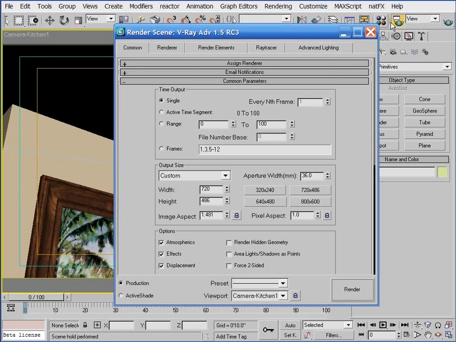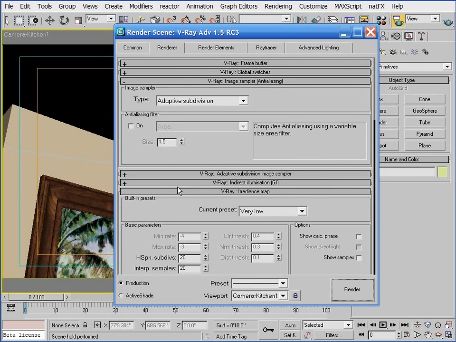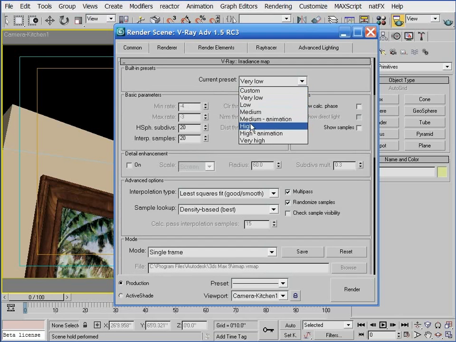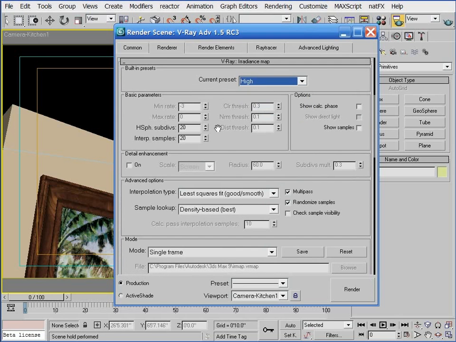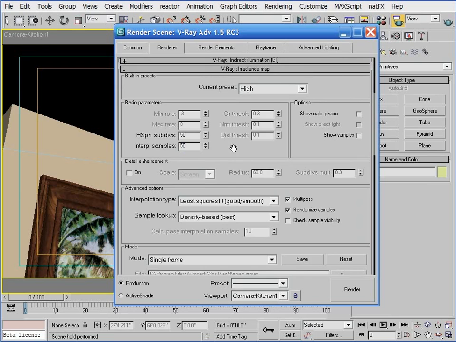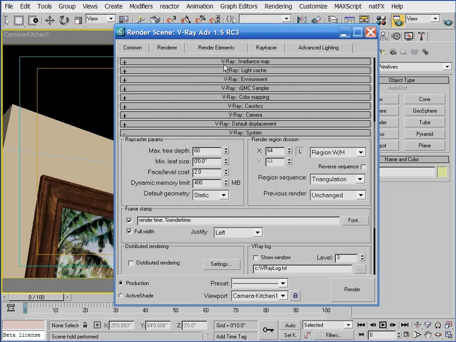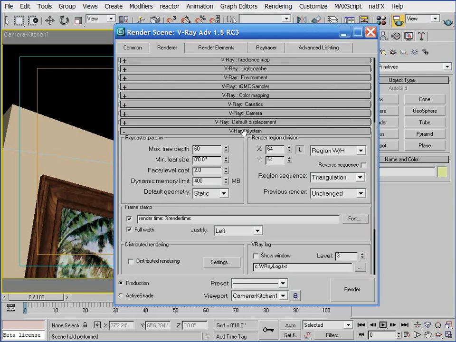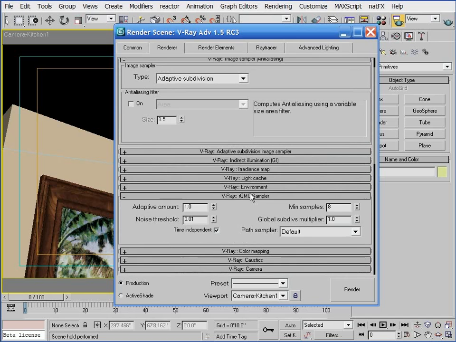And as far as the settings that I want to change right now, I'll change the irradiance map to a high preset, which I really don't like to do. And I'll change the hemispheric subdivisions to 50, which I like to do even less. I'll change the interpolation samples to 50. I'll change the light cast subdivision value to 1000 actually. I'll use a very low noise threshold of 0.001,